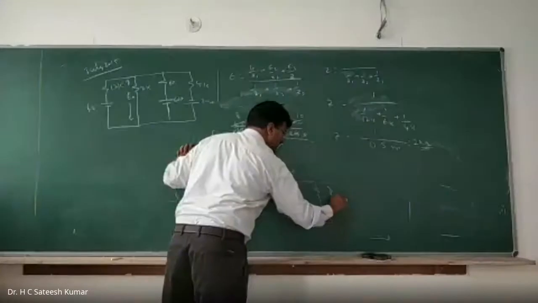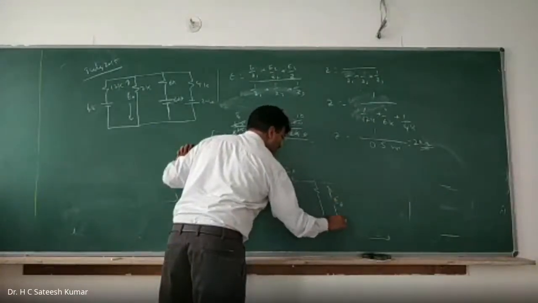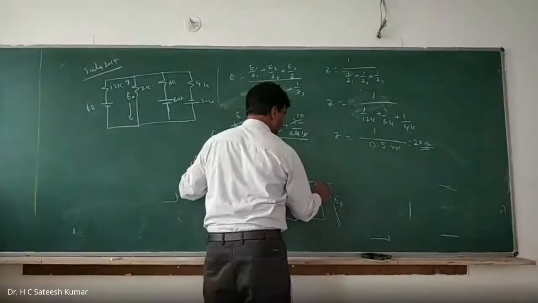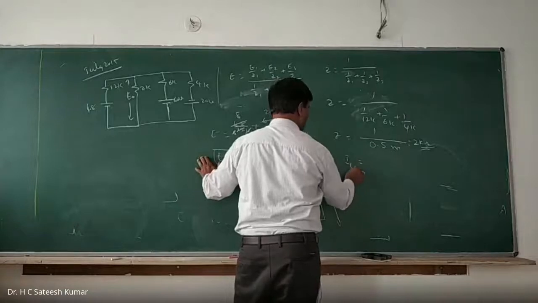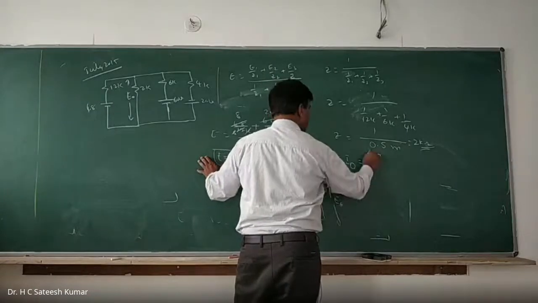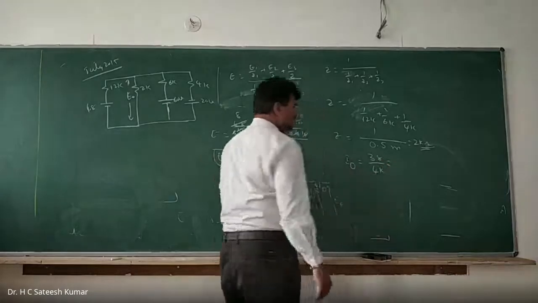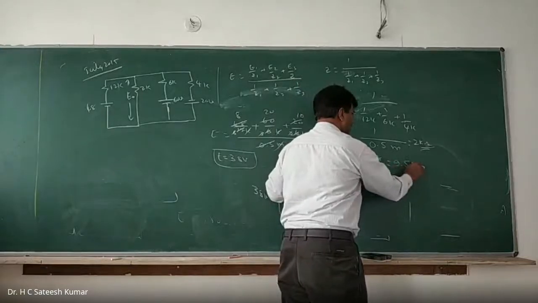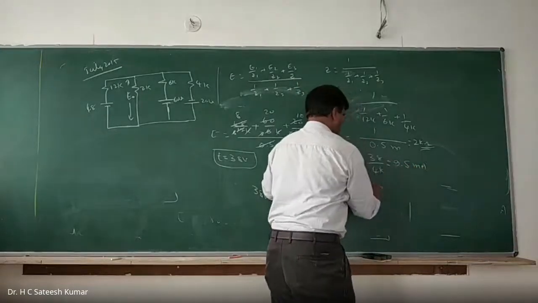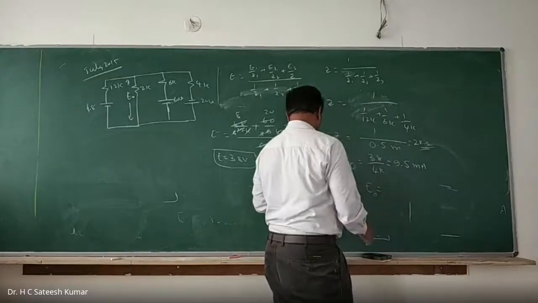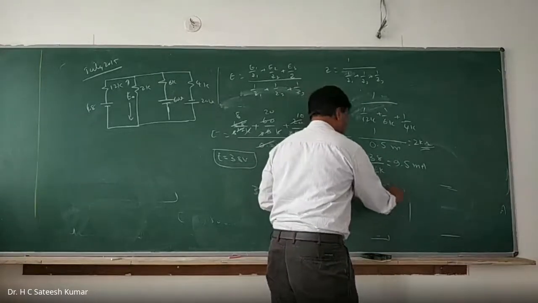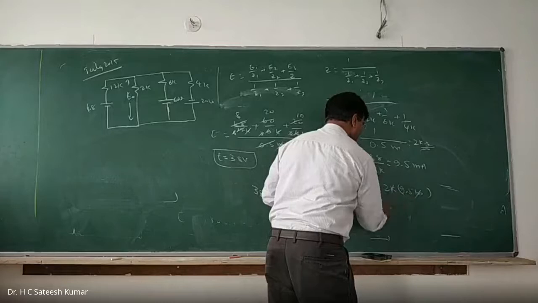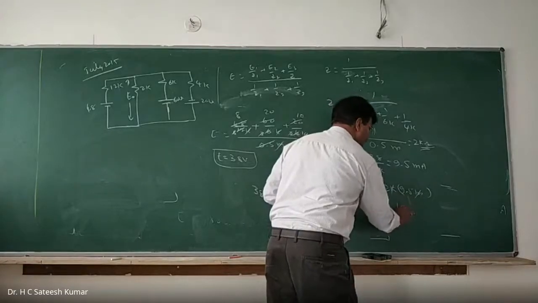Find out current, then we can find out. He said that find the E0. He said, is this he called as E0? And the load is how much? 2K. Okay, right. Therefore, you find out IL. IL is equal to what? Or I0 you can call it as. I0 is equal to what? 38 divided by 4K. How much is that? 9.5 milliamps. So E0 is equal to what? E0 is equal to 2K into 9.5 milli. And milli and kilo get cancelled. 9.5 into 2. 19 volts is the answer.